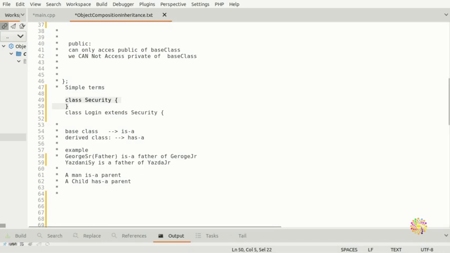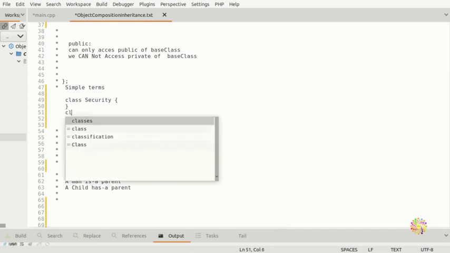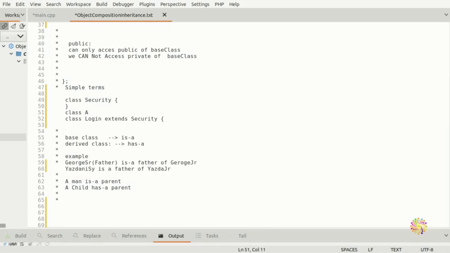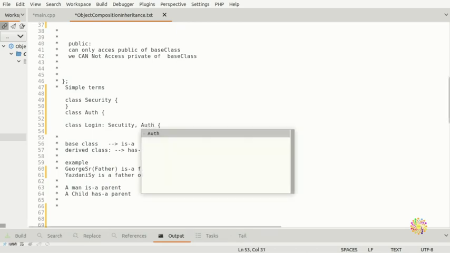You can also extend from two classes. In C++ terms, you can have a security class and another base class, authentication, and extend both security and authentication at the same time.